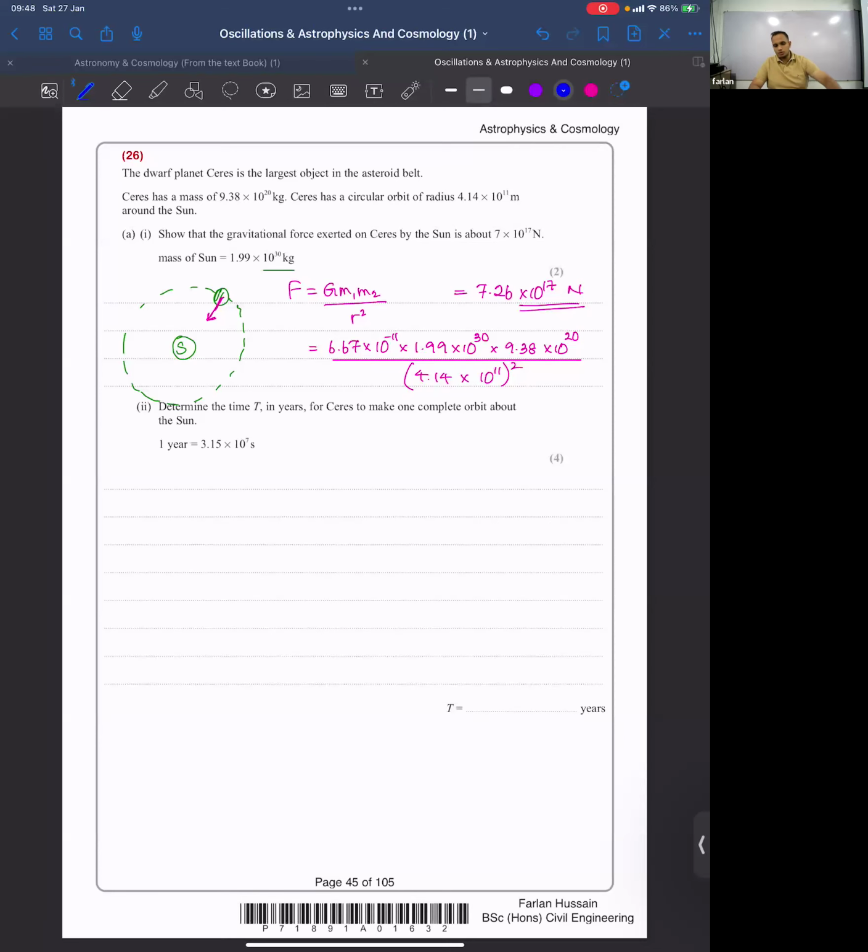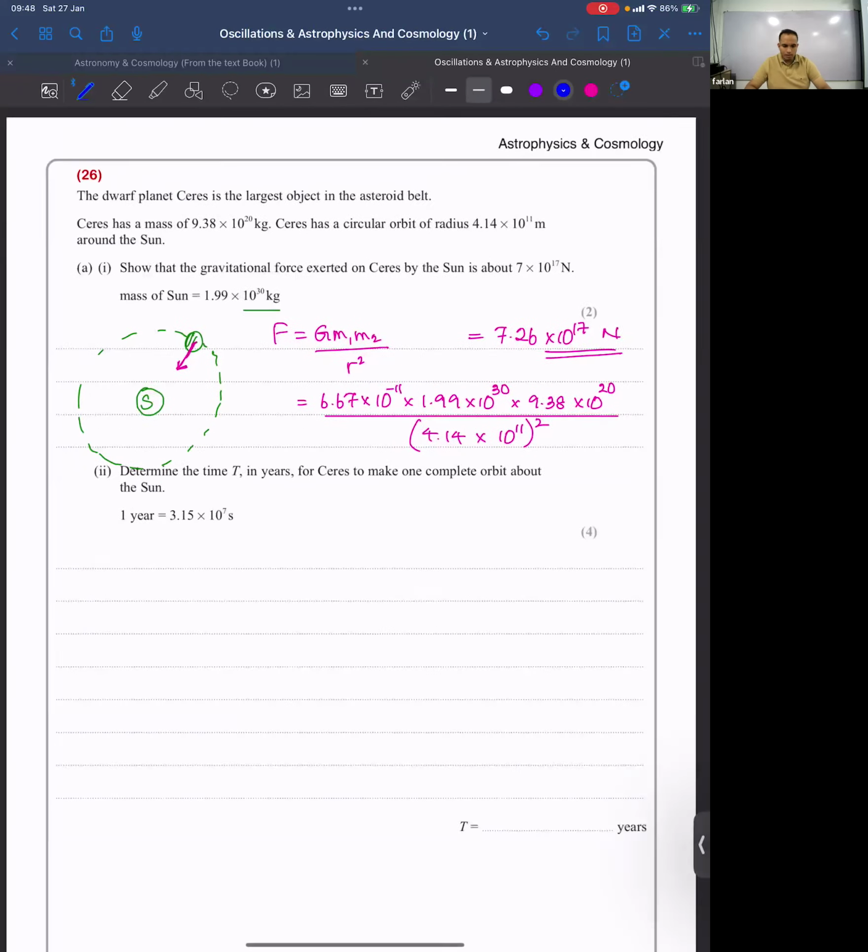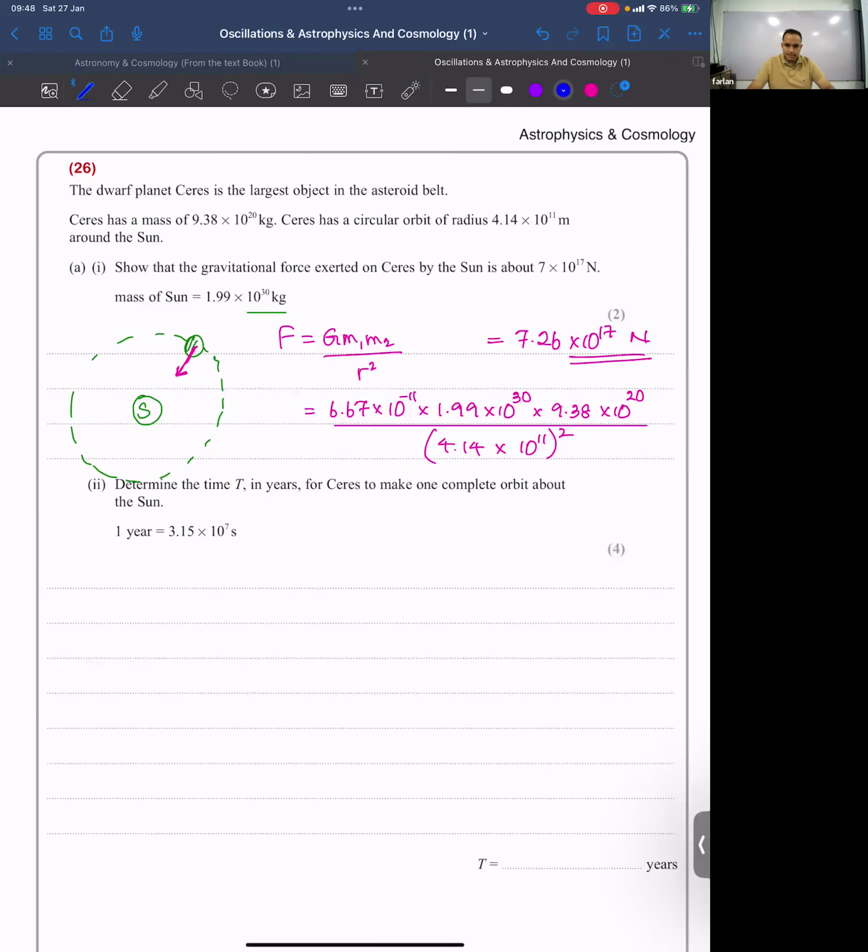So I want to do the part 2. Read the question. The dwarf planet Ceres is the largest object in the asteroid belt. Ceres has a mass of 9.38 into 10 to the power 20 kilograms, and Ceres has a circular orbit of radius 4.14 into 10 to the power 11 meters around the sun. Show that the gravitational force exerted on Ceres by the sun is about